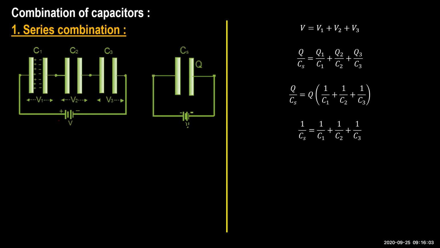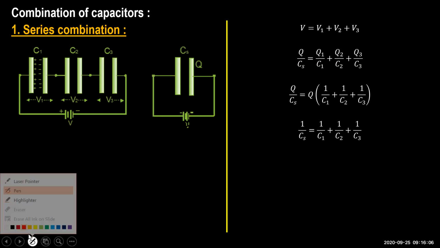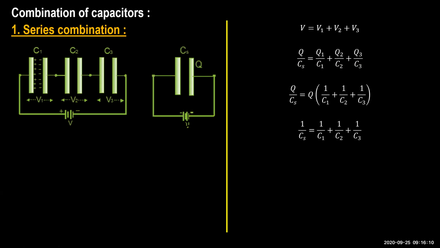See, first we observe figure 1. Okay, there are two figures on your screen. So let us consider figure 1. In figure 1, three capacitors C1, C2 and C3 are connected in series. Then the end terminals are connected to a battery which acts as the potential difference.